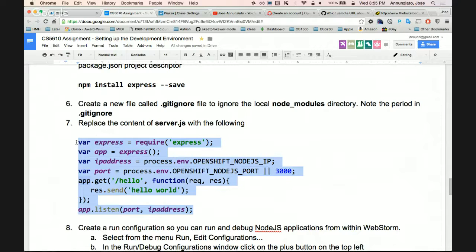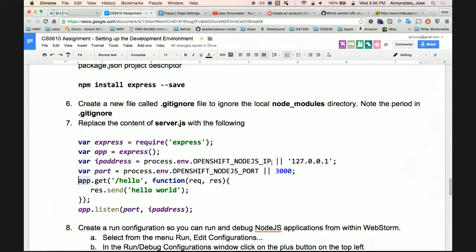So what this says is, use this IP address, and for port, either use this environment variable, or if it's not defined, use 3000. Actually, this should say, sorry, or 127.0.0.1, that's localhost.